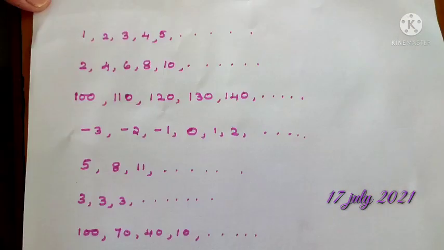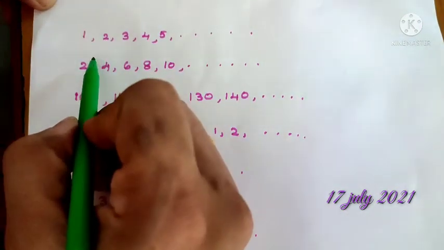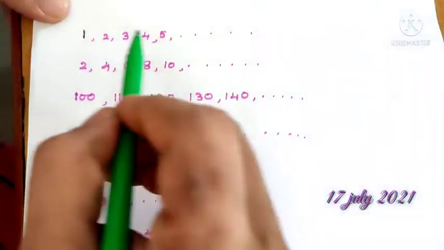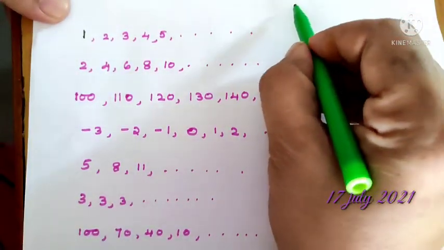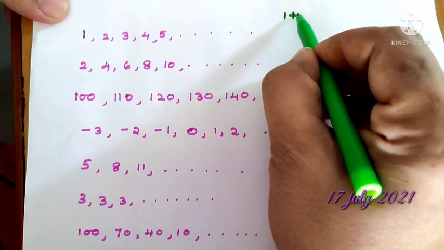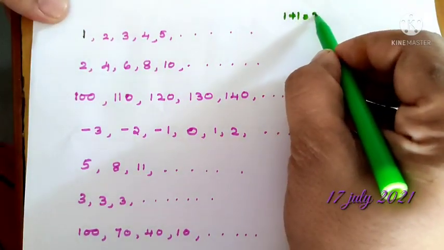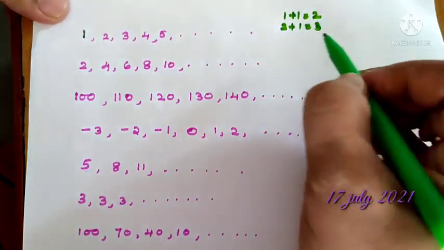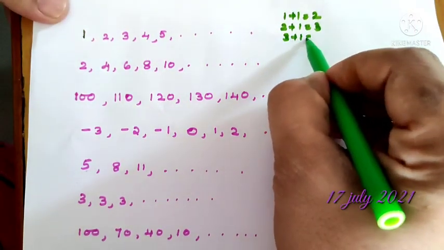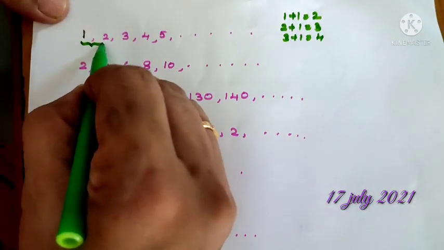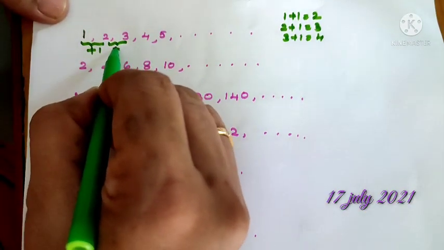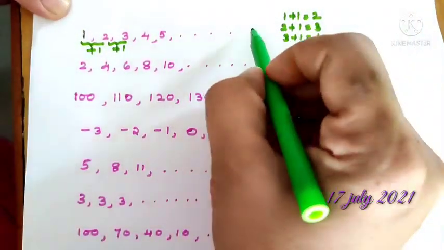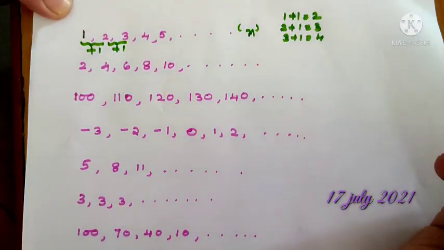in this chapter. The first case we will take is the natural numbers only. So 1, 2, 3, 4, 5, etc. See, 1 is the first number. For getting the second number we are adding plus 1, then we get 2. Then to the 2 we add one more 1, getting 3, then 3 plus 1, 4. So always we are adding plus 1 in this case, right?